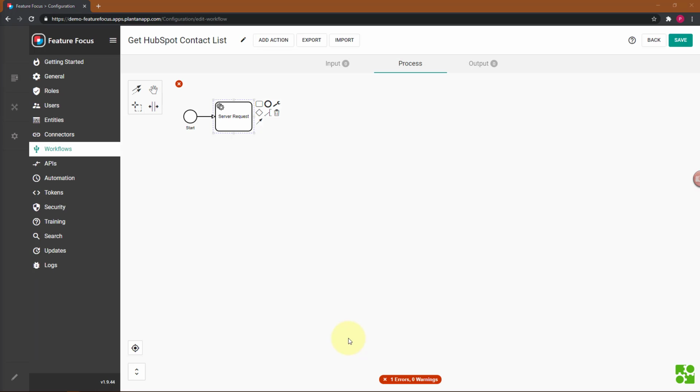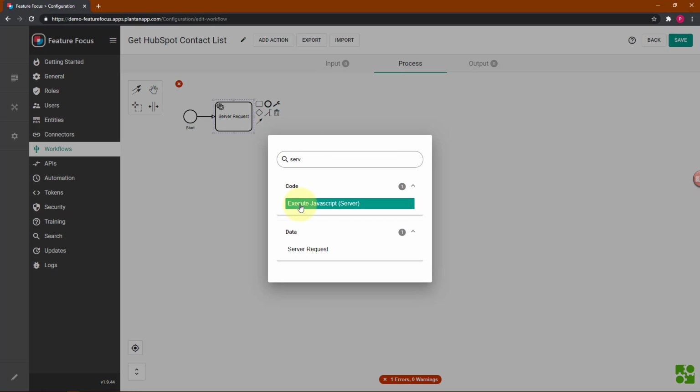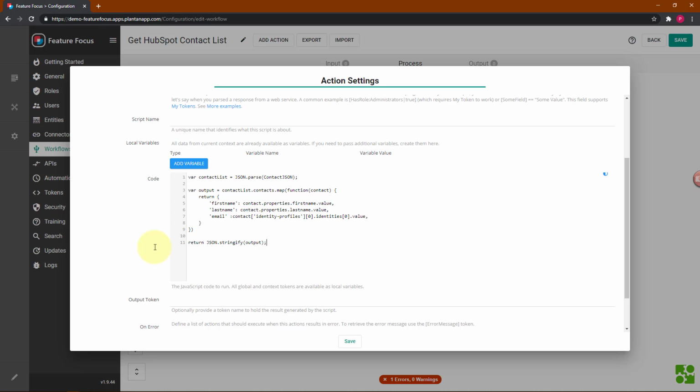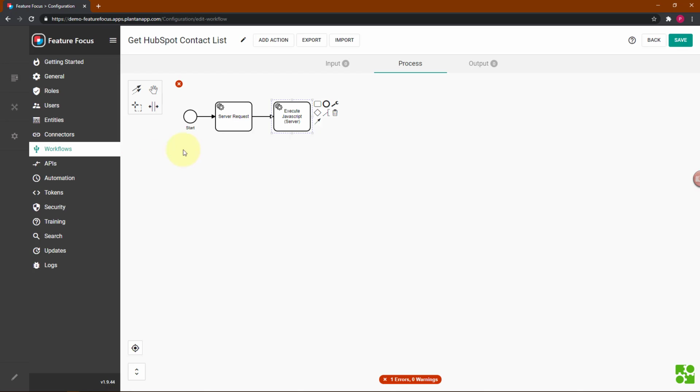Now is when I'm going to add my Execute JavaScript server-side action. Let me go into my add action here, and I'm going to type in the same keyword I did before because that brings up this action as well, and I'll add that in here. I have some pre-prepared JavaScript that I am going to paste in there. I'm going to explain this a little bit more in just a moment, but for right now I just want to paste that in there, and we'll come back to this and look at the JavaScript a little bit. I need to specify an output token, and I'm going to call this contact list, and that's all I really need, and save. Now I'm going to add an end to the workflow,